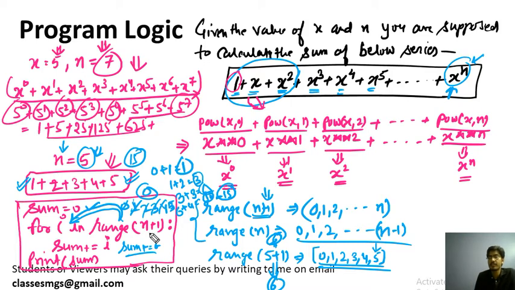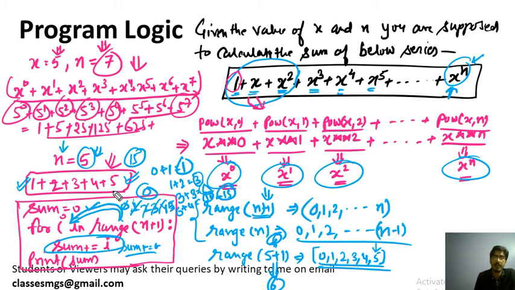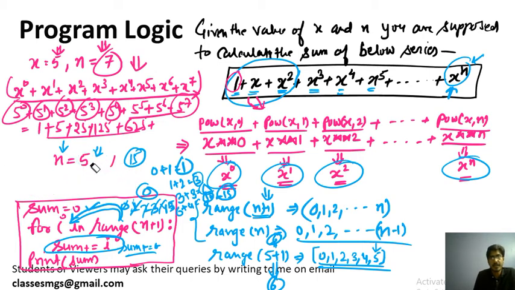Now the same logic will be applied to calculate x raised to power 0, x raised to power 1, x raised to power 2, up to x raised to power n. We need the same thing, but with power. That's why we will change this line only. So if you understand this logic, then it will be easy for you to understand this logic also. So I am erasing this portion and will write this code again for our requirement. I have explained this for your ease.